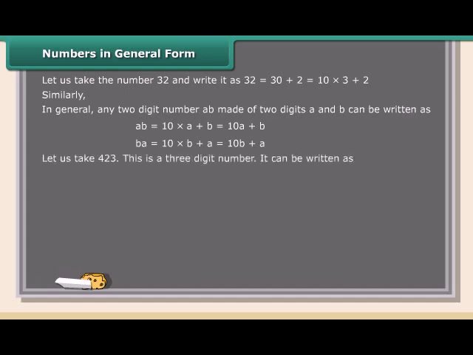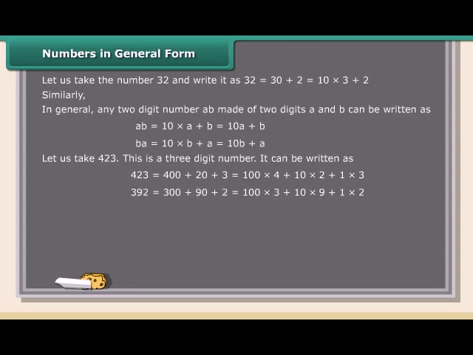Let us take 423. This is a three-digit number. It can be written as 423 is equal to 400 plus 20 plus 3, which is 100 into 4 plus 10 into 2 plus 1 into 3. Similarly, 392 is equal to 300 plus 90 plus 2, which is 100 into 3 plus 10 into 9 plus